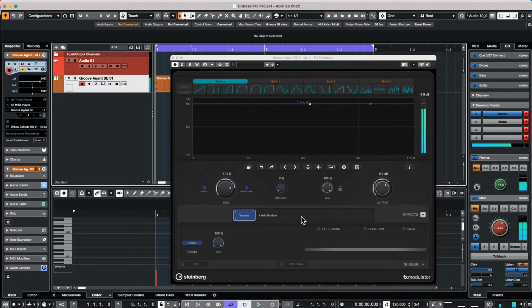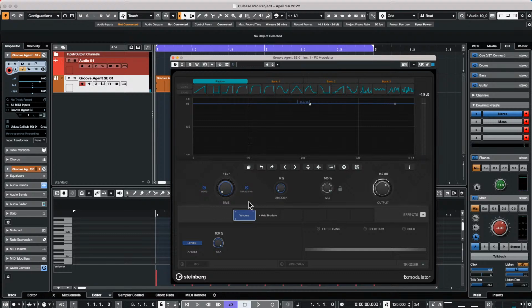All right, so when we deal with the FX modulator, it really can either work in time or by musical divisions. So like now I could make this, and we can see the speed of the modulations in the curves going across here. So if I was in 3/4 time, what I would probably do is just use a dotted half note. So as we play,